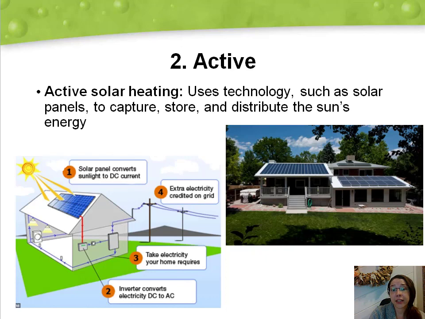And your home takes in whatever electricity that it requires, and then if there is any additional electricity that your home did not actually consume, you're still hooked up to the grid, and that extra electricity can actually be credited back to you. So you can actually earn money